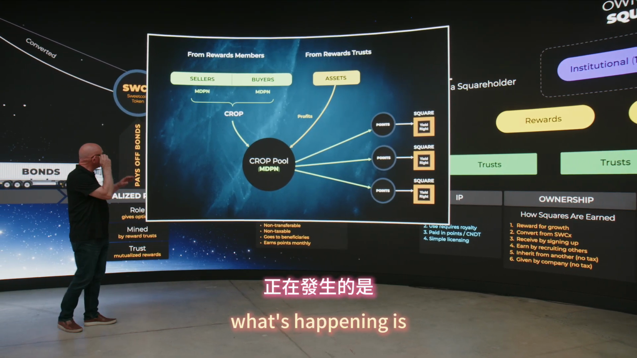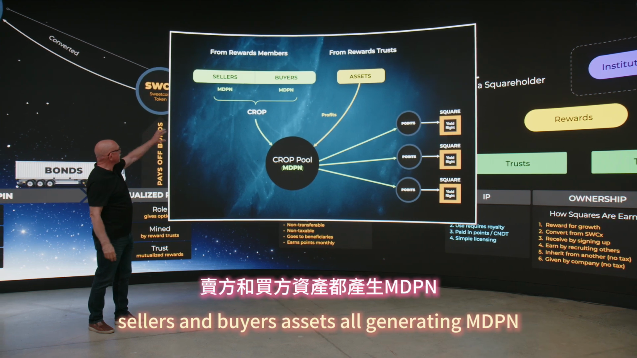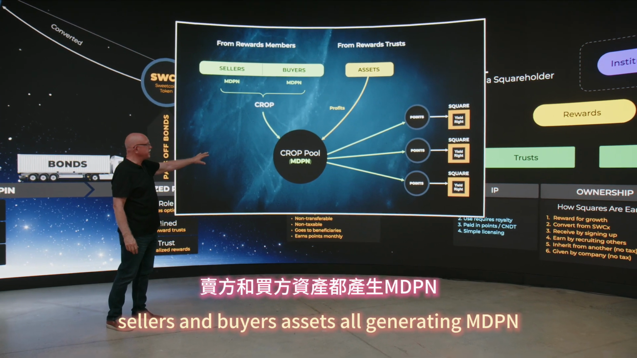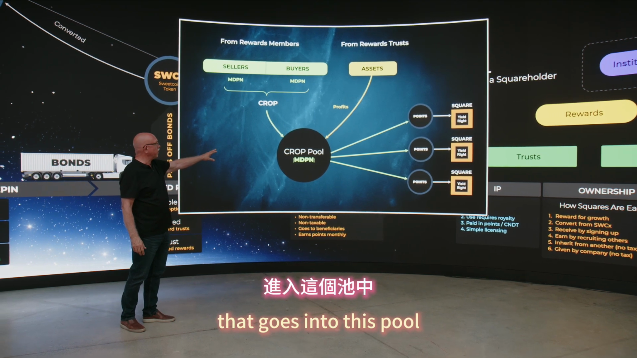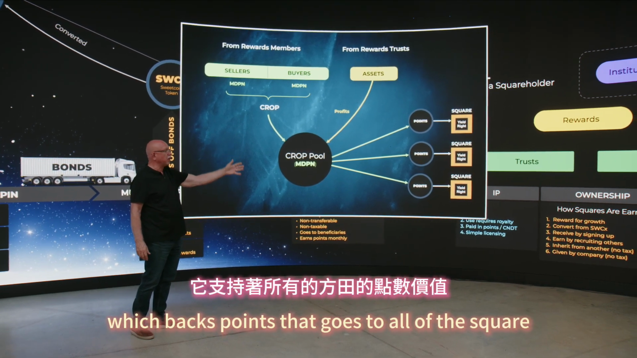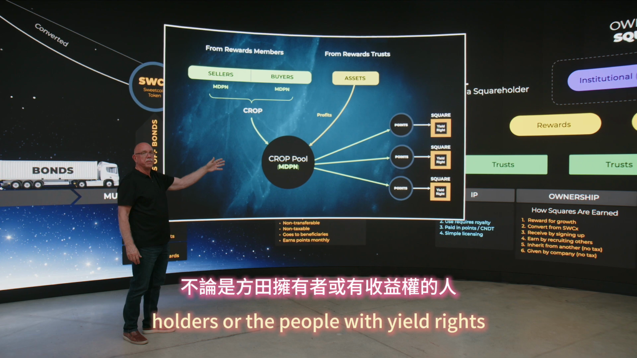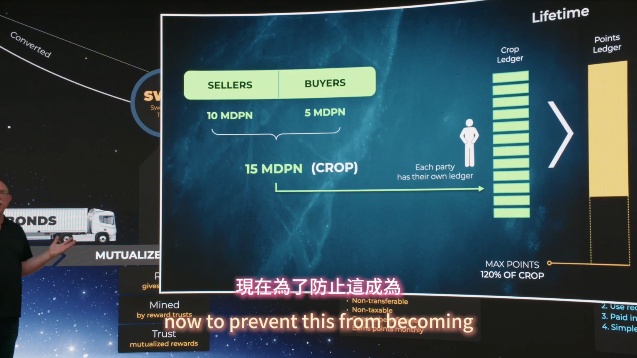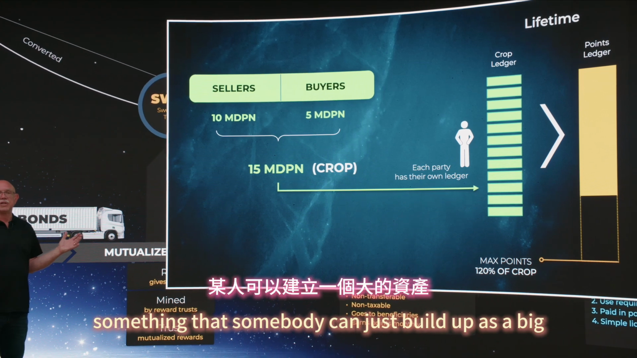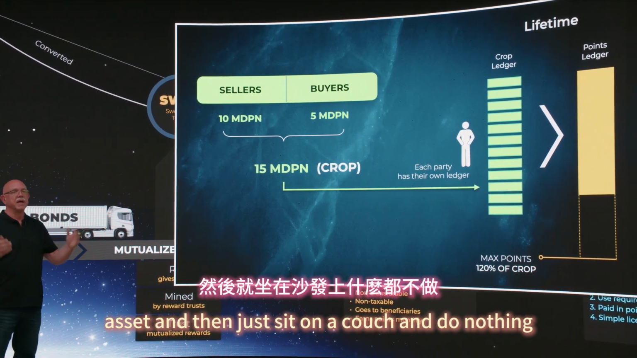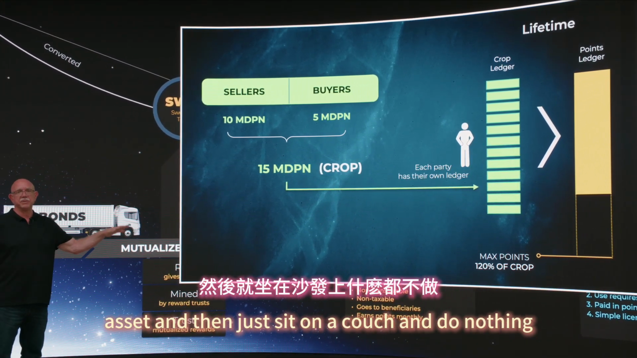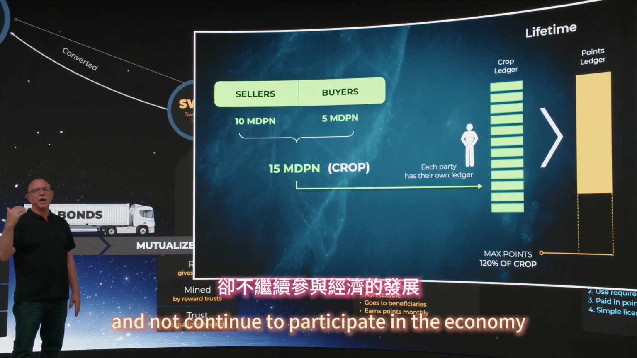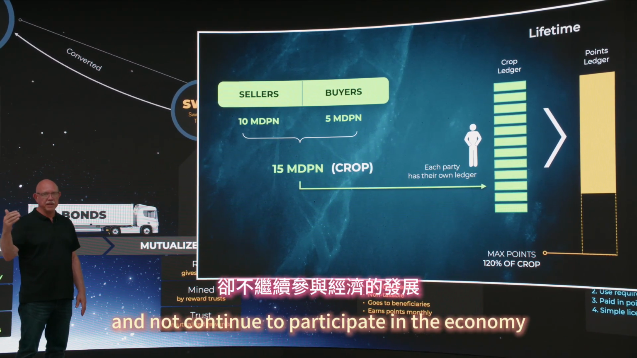What's happening is sellers and buyers, assets, all generating MDPN that goes into this pool, which backs points that go to all of the square holders or the people with yield rights. Now, to prevent this from becoming something that somebody can just build up as a big asset and then just sit on a couch and do nothing, make all these points every single month, and not continue to participate in the economy,